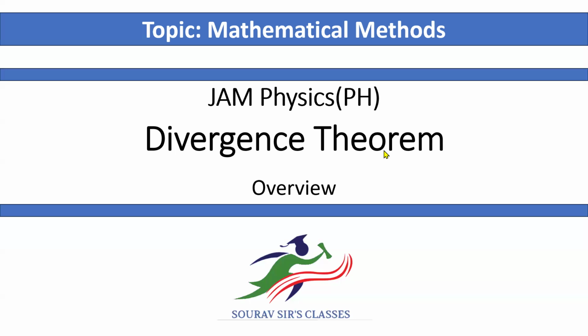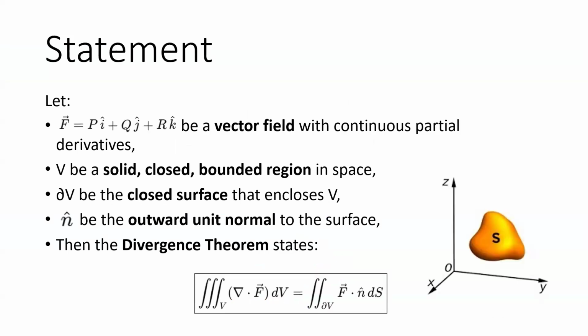Next, let's go to the statement of the divergence theorem. Let F, denoted by Pi plus Qj plus Rk, be a vector field with continuous partial derivatives, and let V be a solid closed bounded region in space. If del V is the closed surface that encloses V, and N is an outward unit normal vector